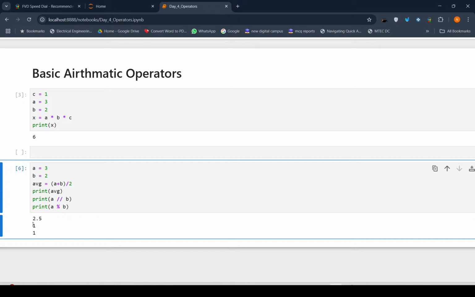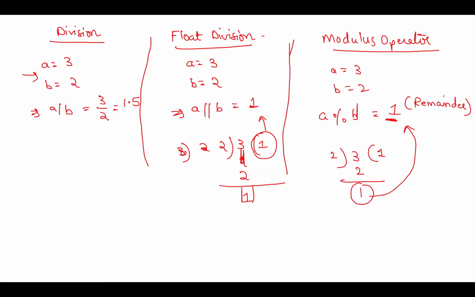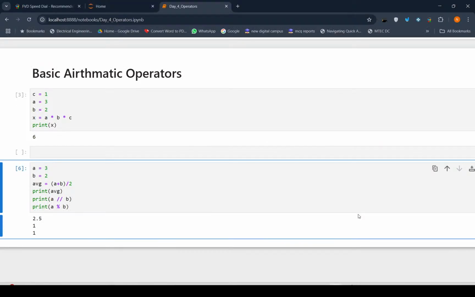See, we got it. 1 is the float division result, and the modulus operator also gave us 1. Which is exactly matching with our explanation. So this is how these operators work. Quickly, we will see some of the use cases where we can implement this